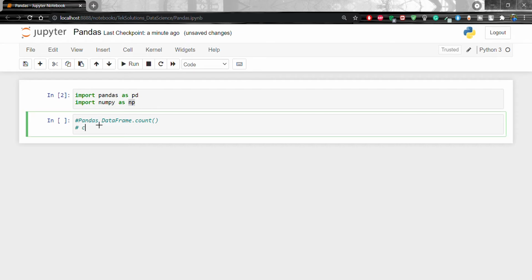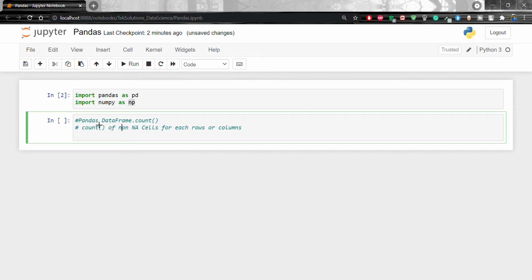So basically it is going to count the non-NA cells for each row or column. The underlying thing here is non-NA cells.